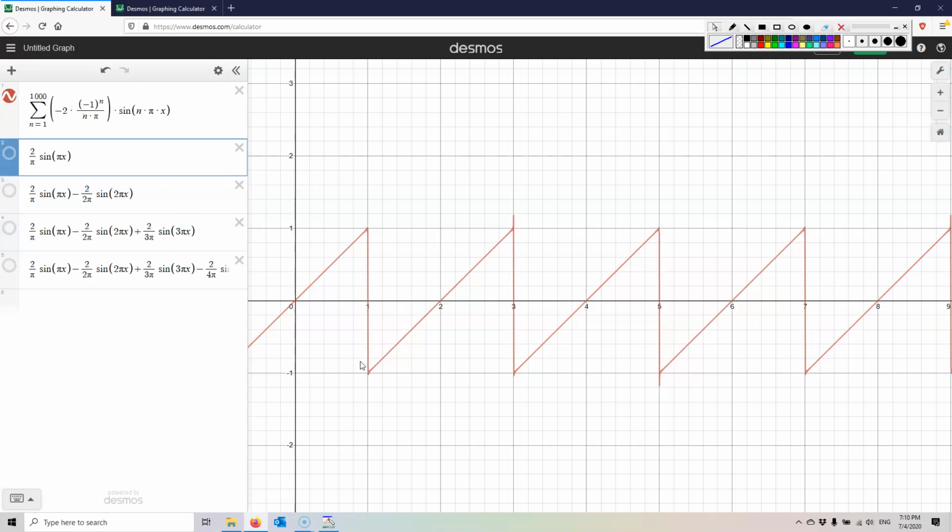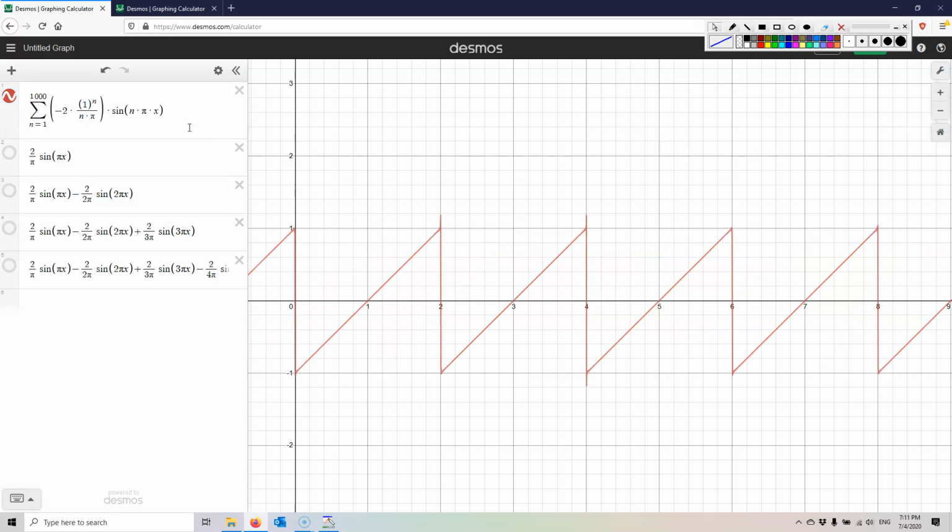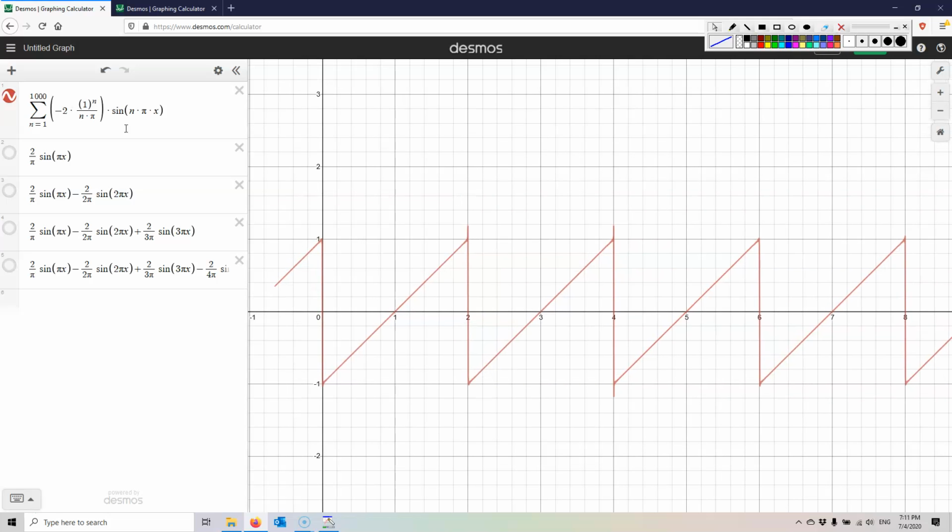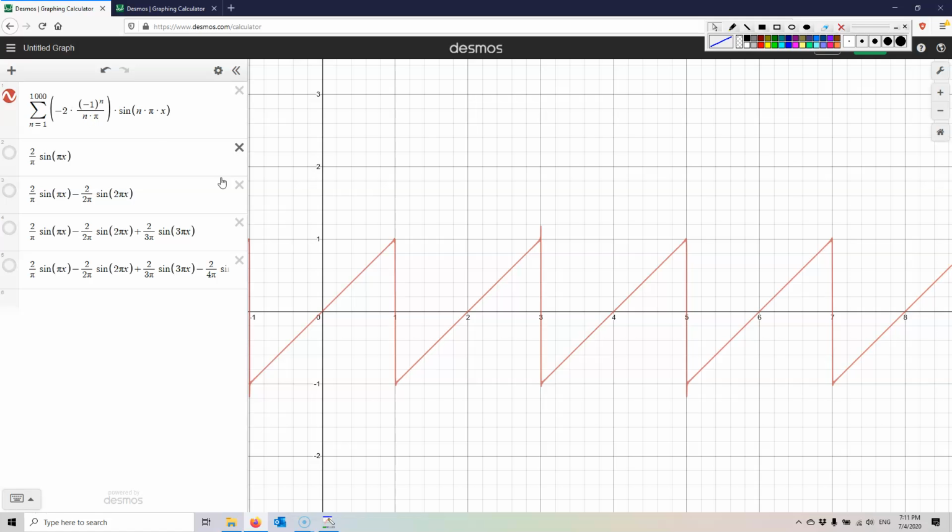A different function, not the sawtooth function, is going to have some other values here, right? It's not 2 over 2 pi, it's going to be something else. If I just play around with it, let's see what happens if I just take away the minus 1. What happens then? Actually, it's not too different. Interesting. So let me put a minus 1 back in. You get the point, right?